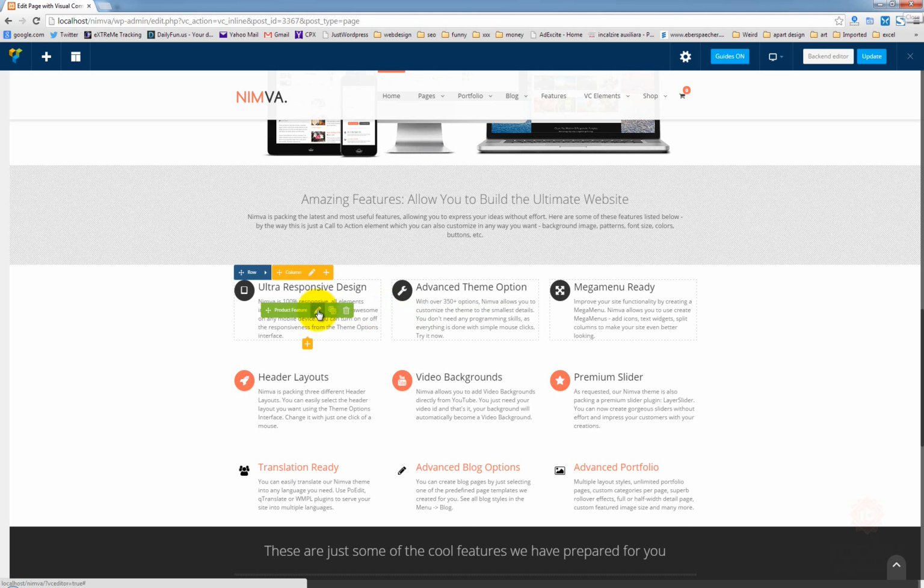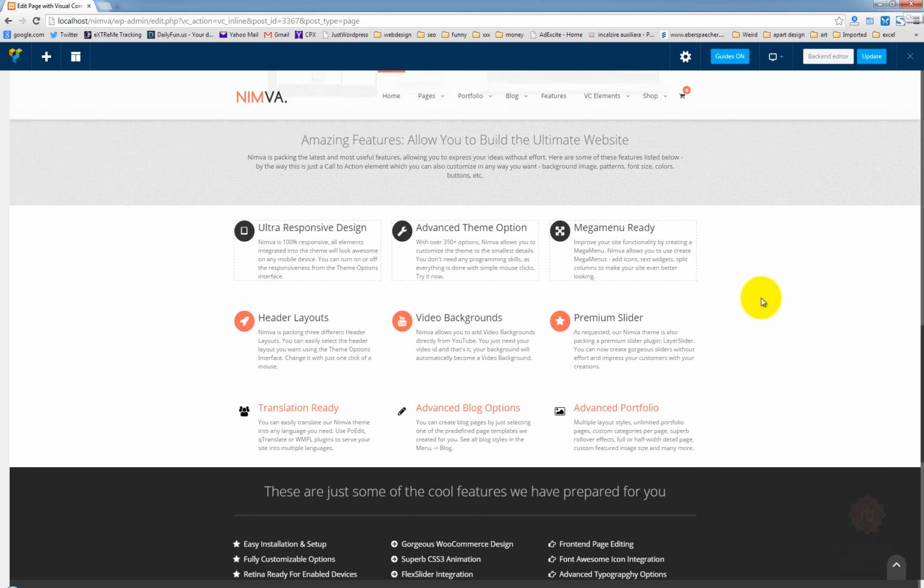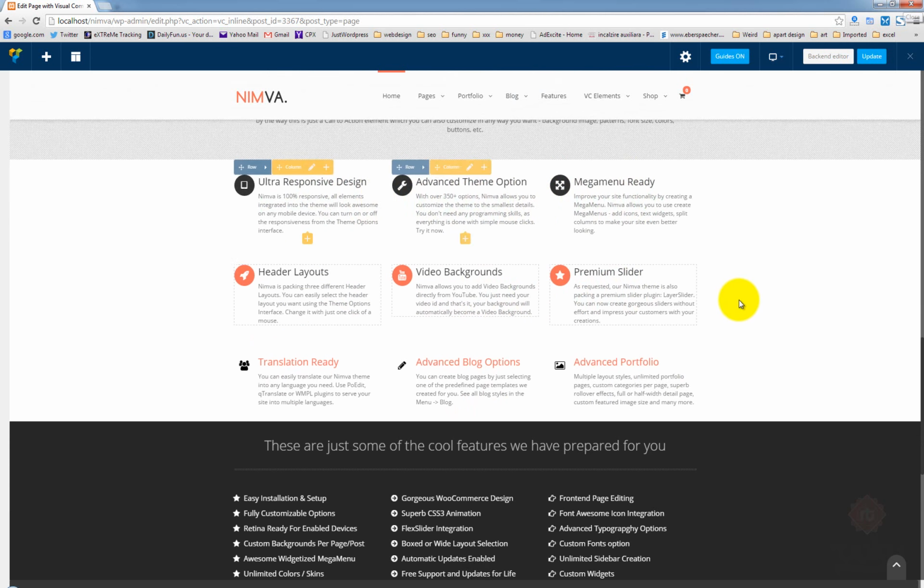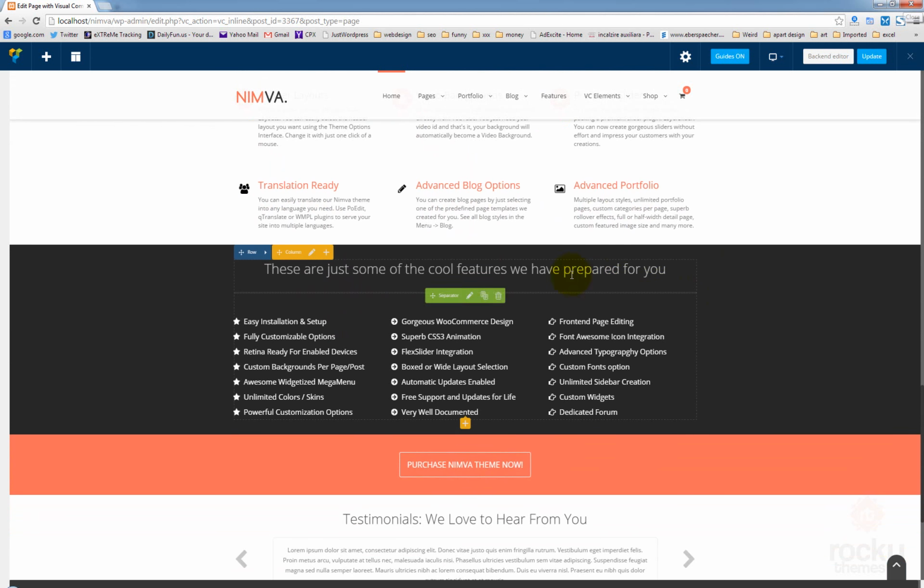All these are product feature elements. They can be edited, cloned, deleted. They are used in a row element, which is using a 3-column layout. Okay, further down we have another row element, which is using a darker background, a light colored text placed inside the text block. Again, divider and text block, which is using some